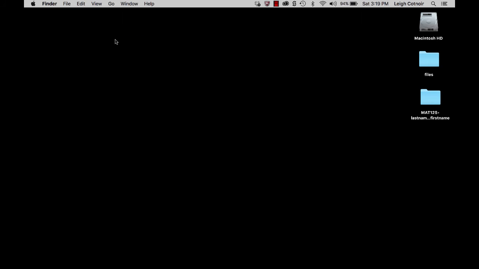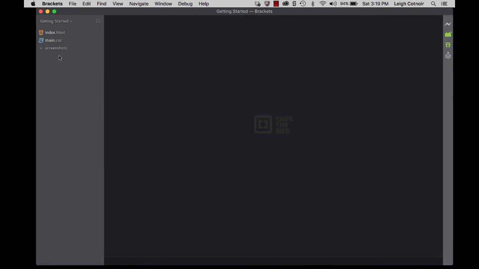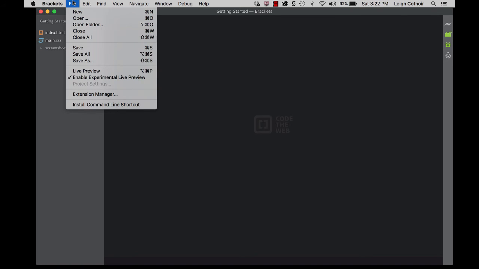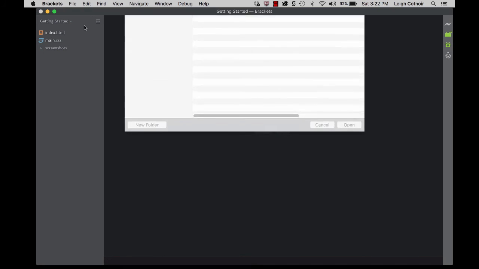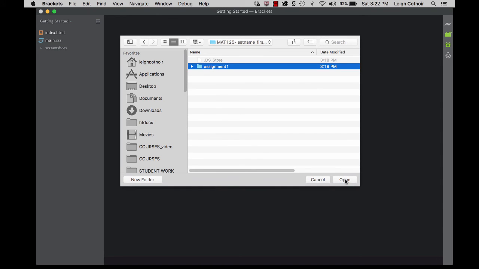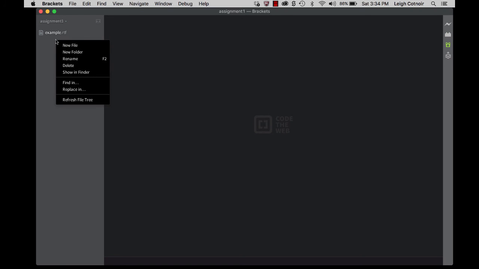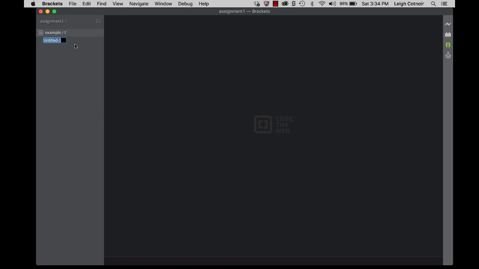Okay, so I'm going to close this and open my Brackets editor, and we're going to start a new project. Because we had already made the folder structure, I'm going to go up to File and say Open Folder, and we're going to find it here on the desktop in our class folder, choose assignment 1 and say open. You can see that now this is our new project, and we don't really have anything in it, so let's get started by making a new file. If I right click, I can say new file, or I could do it up here from the menu. So if I do new file, let's just call it